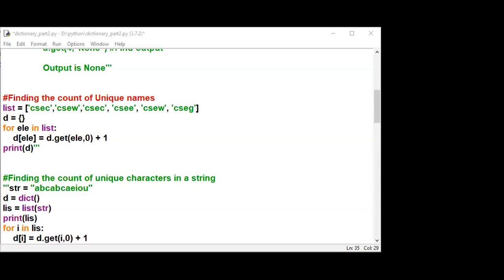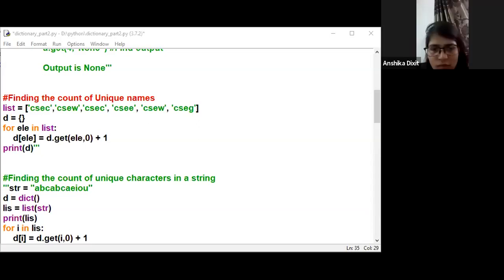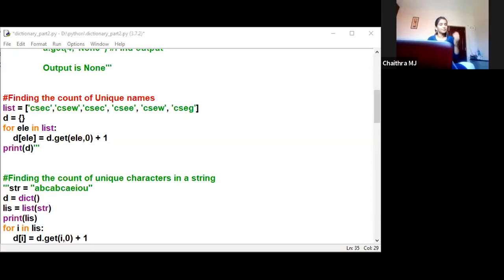Are you able to see the screen? Is everyone able to see the screen? Yes, ma'am. But I'm not able to see it.